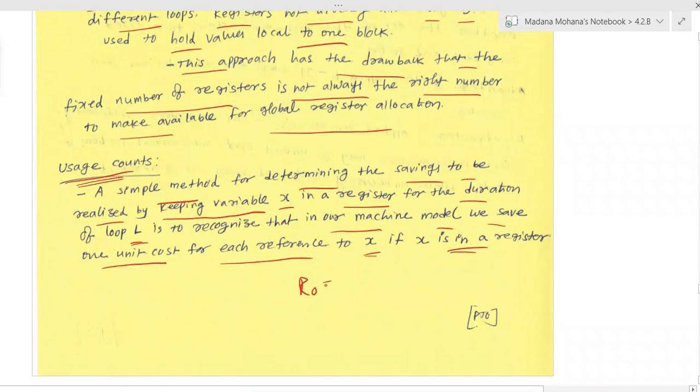That means a register R0 contains X, so 1 unit of cost is saved whenever X is in a register. Like that, we find the usage count for each variable in the inner loop of the given flow graph.